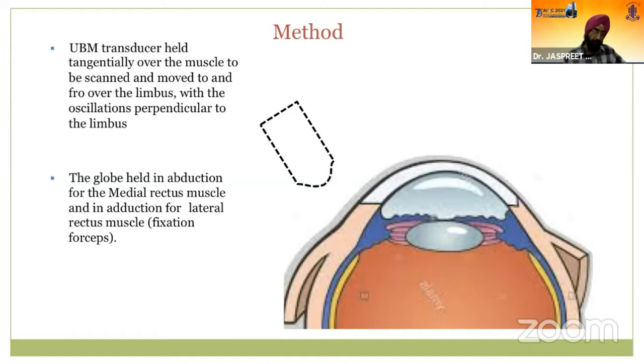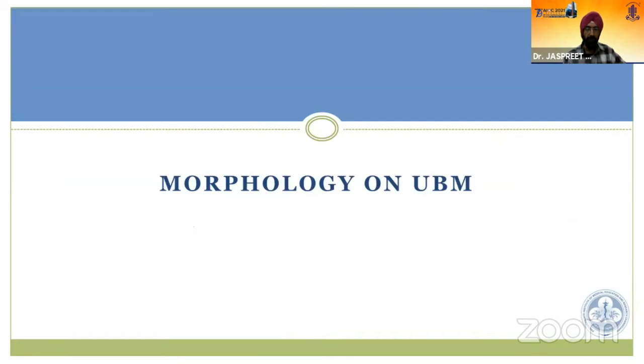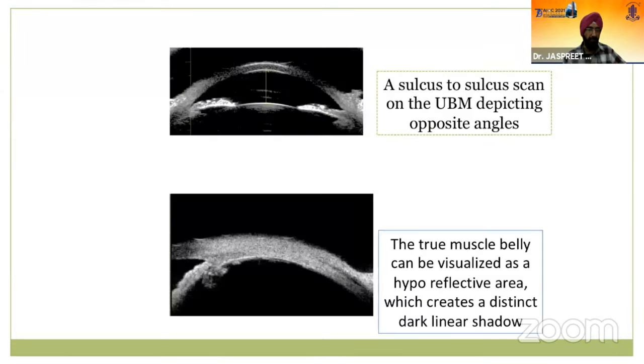So you can get a better view of the muscle. So how do we see these muscles? You have done a UBM. Of course, this is important now. This comes with experience. Look at what to look for. How do the muscles look? Whether it's a true muscle or whether you're having some other kind of morphology of the muscles, some kind of a pseudotendon or a scar. So this would come with experience.